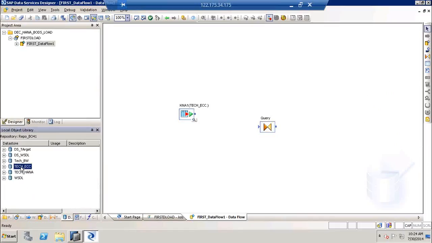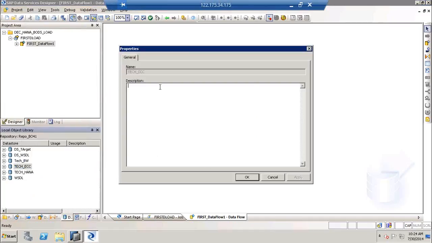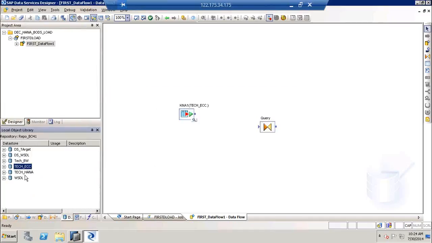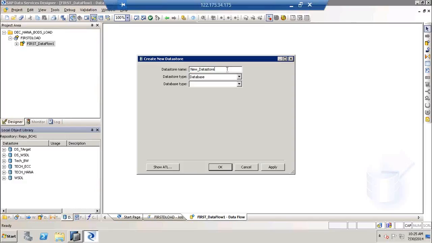Okay, so you have these data stores. You can check the properties here. I think the administrator has hidden those. But if you want to create a new connection, whether you have an SAP or a non-SAP source that you want to connect, you can create a new data store as well. This is how you do it. Right-click, new data store. So let's give here new data store 123,